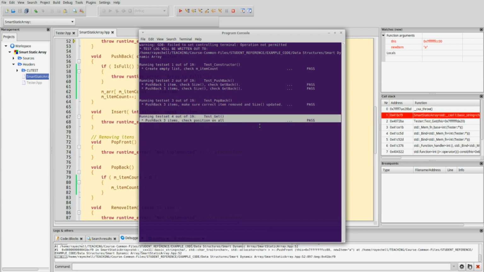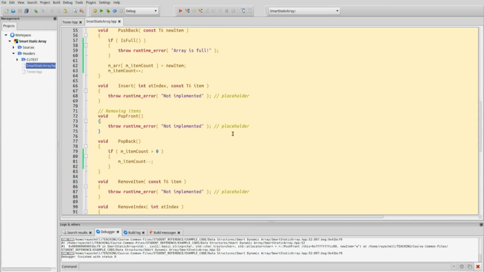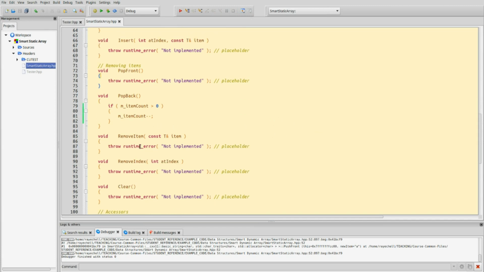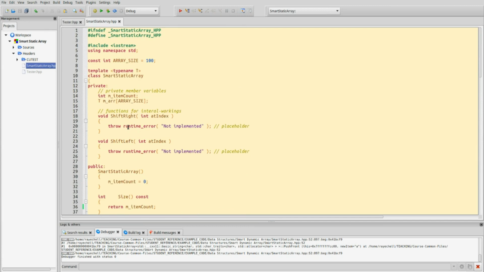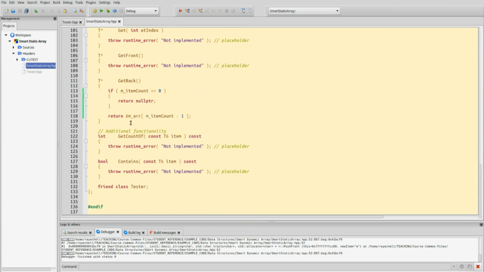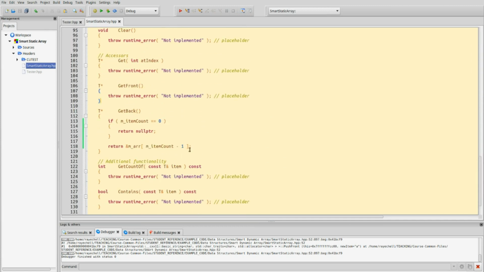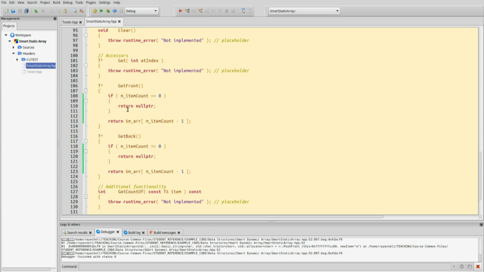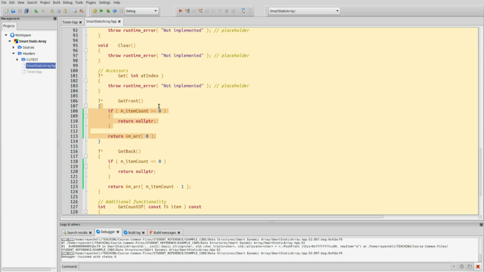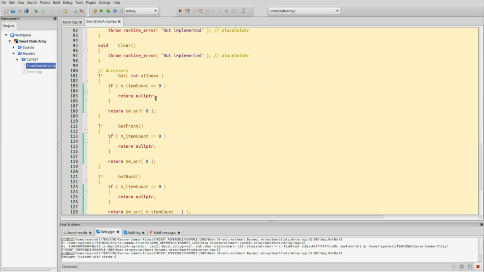Now the get function, the first one passes, but there are several tests per function in some cases. And let's see, where is get? So get front, get back, those are all going to be pretty easy. Let's just implement those right now. For get front, we're just returning the item at position 0 if there is an item. And then for get, we'll have that, but we also need to make sure that we don't have an invalid